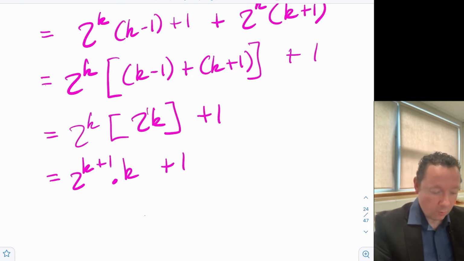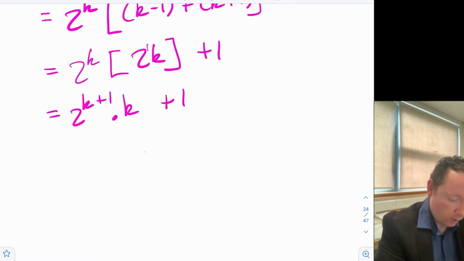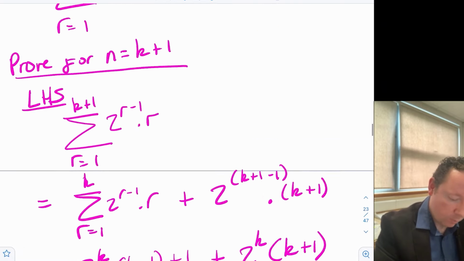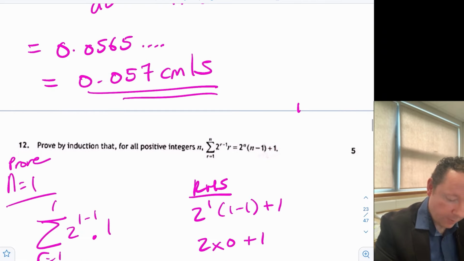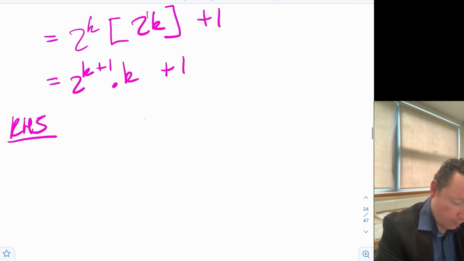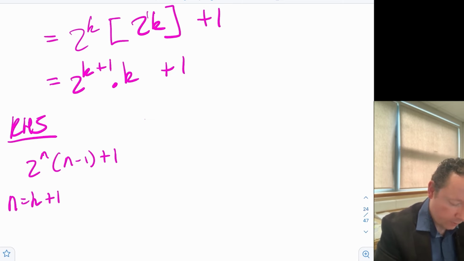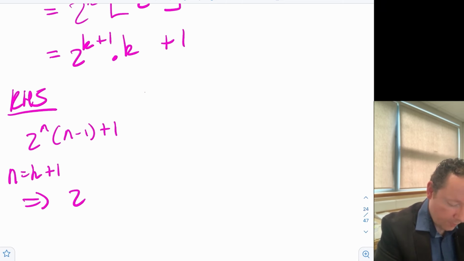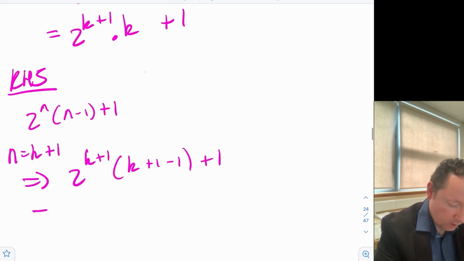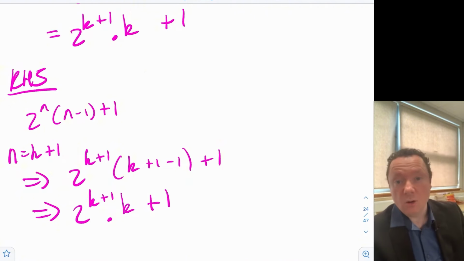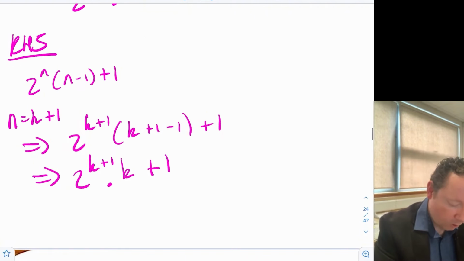Now I suppose it's worth looking at what our right-hand side would be. So if we look at our right-hand side of this, we have 2 to the n minus 1 plus 1. Let's just write that down. So this doesn't look quite like that, but when n equals k plus 1, we get 2 to the k plus 1, k plus 1 minus 1 plus 1, which is the same as 2 to the k plus 1 times k plus 1 minus 1 is just k. So we've got the same result from the left and the right, and therefore the sum of